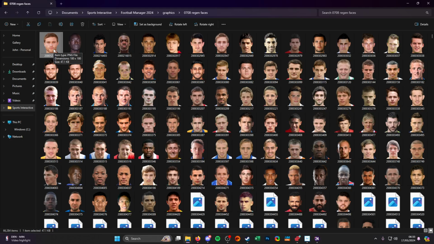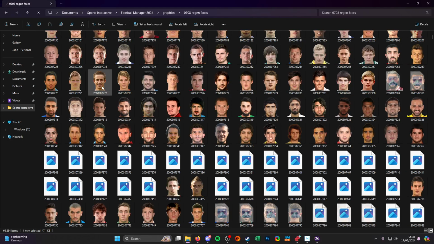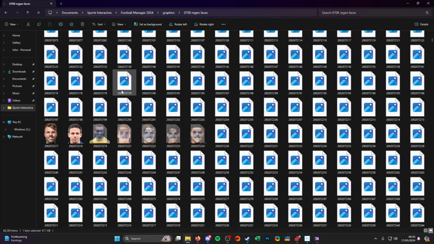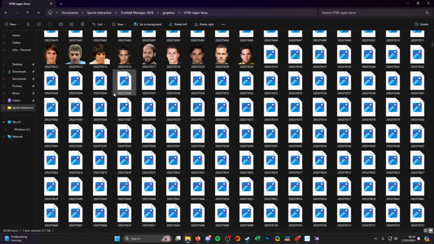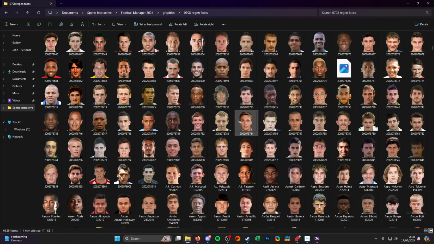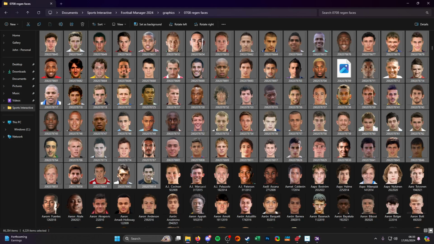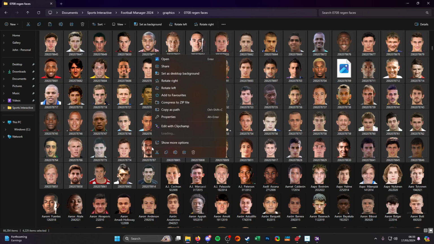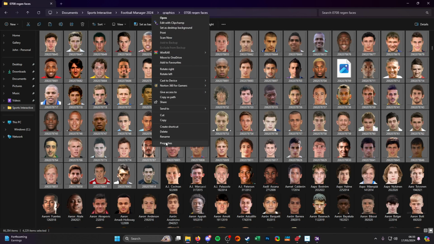For the ID number ones, you just need to select them all. So click on the first one, and then scroll all the way down. So you can see the amount of regens just in the first season for this mod is completely different to the first version. Find the last one, hold Shift on the keyboard and select that one, and then just want to copy those. So copy,